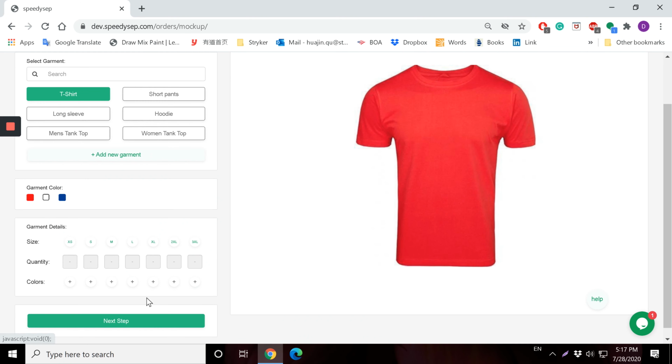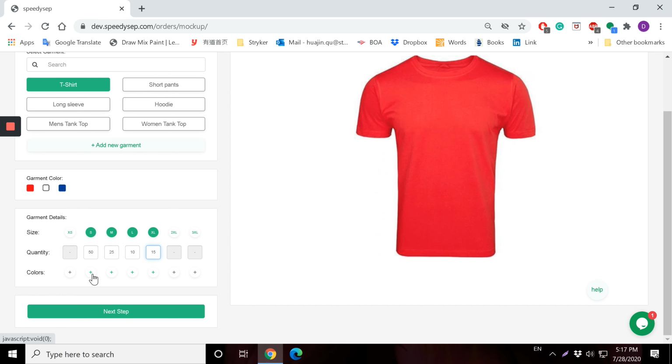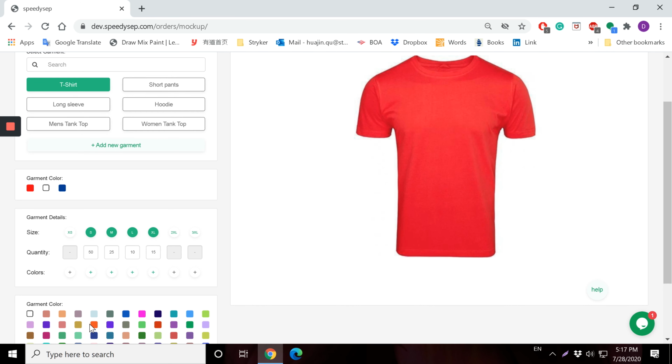Now this section really is for your customers. What do I mean? This is where you're showing a proposal to your customer. So you're gonna tell your customer that you're gonna print him 50 smalls and 25 mediums and 10 large and 15 extra large. Now you're gonna print him 50 small, orange,